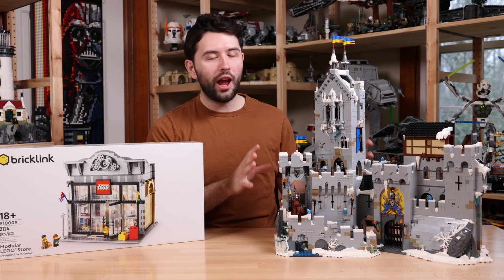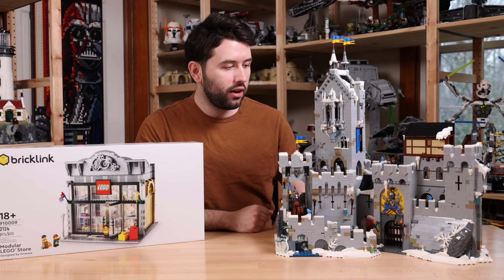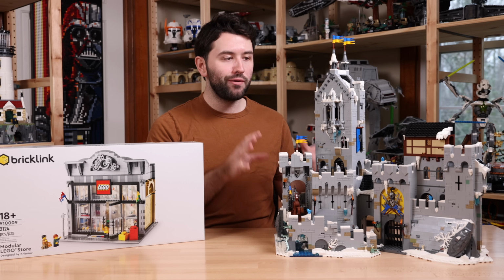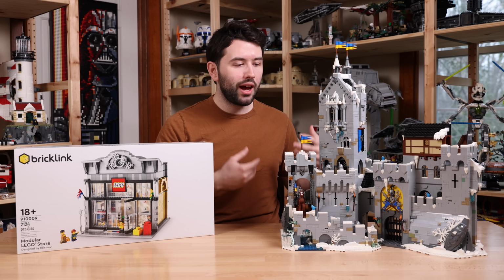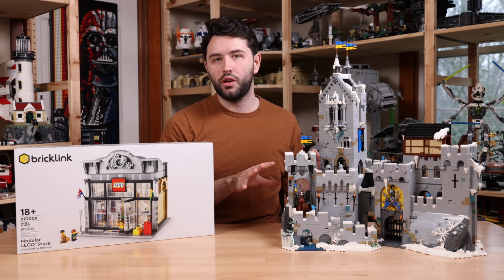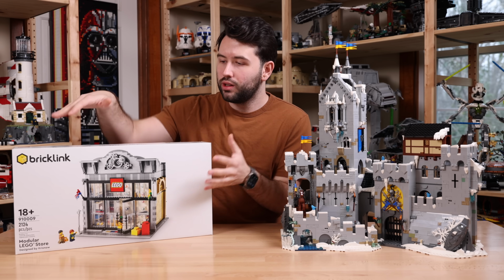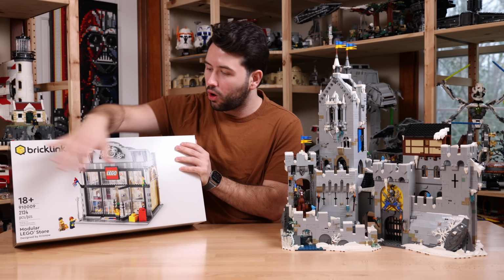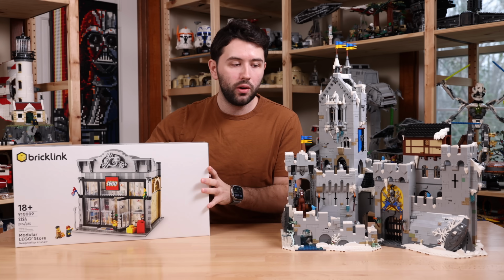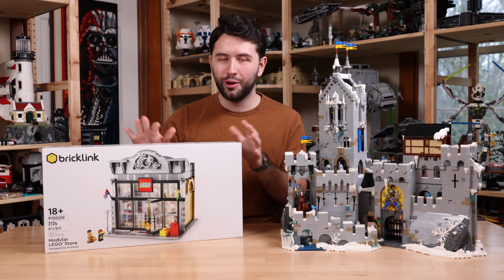Now, I don't have the box art for this upcoming Mountain Fortress here. This is technically a prototype set that Lego has sent me, but they have assured that the piece count is exact, nothing's going to change about it, minifigures are the same. This is the final version of the set. I just don't have the final version of the packaging. It's likely going to look something in the realm of this, all white, maybe Bricklink, maybe Lego on the logo. I really couldn't tell you